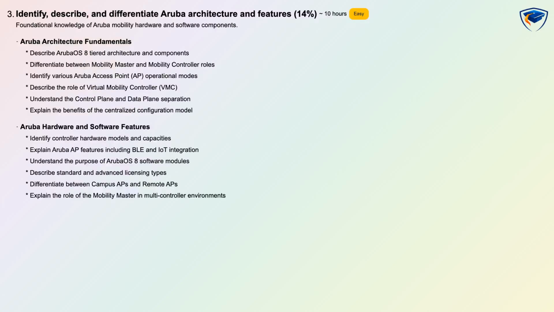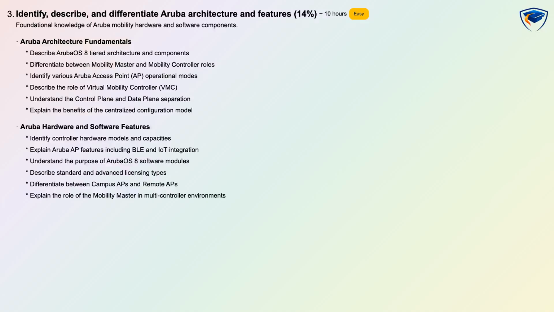Identify, describe, and differentiate Aruba architecture and features is 14%, considered easy with about 10 hours of study and conceptual plus scenario-based assessment. This domain builds foundational knowledge of Aruba OS 8 tiered architecture and the roles of Mobility Master versus Mobility Controller and the Virtual Mobility Controller. You will learn AP operational modes, the separation of control plane and data plane, and the benefits of centralized configuration, as well as Aruba hardware and software features like BLE and IoT integration, licensing types, and differences between campus and